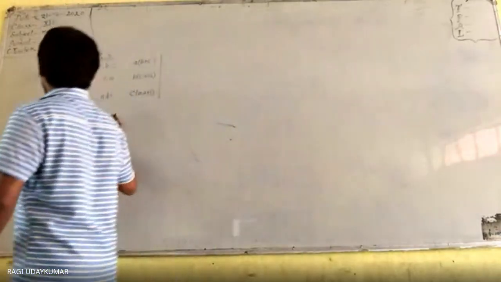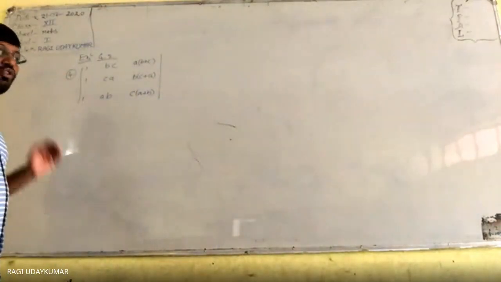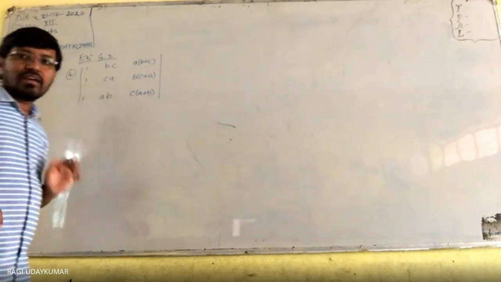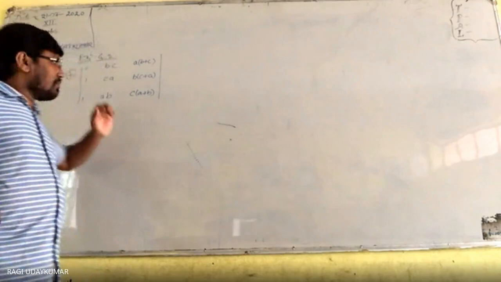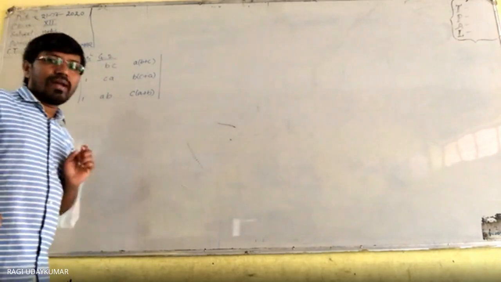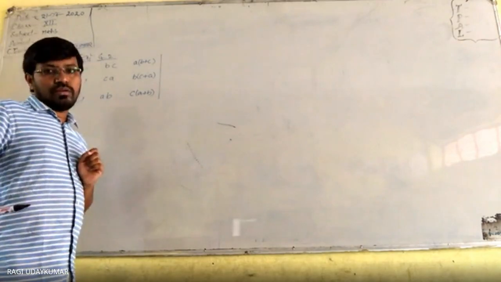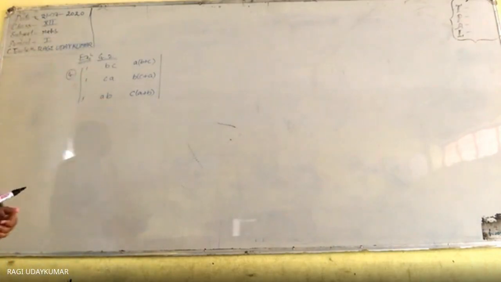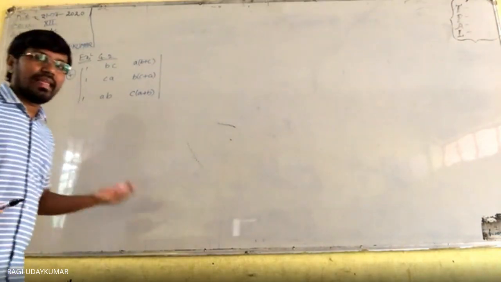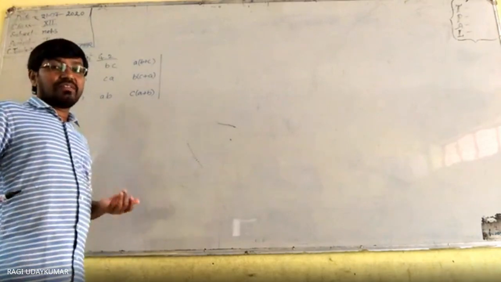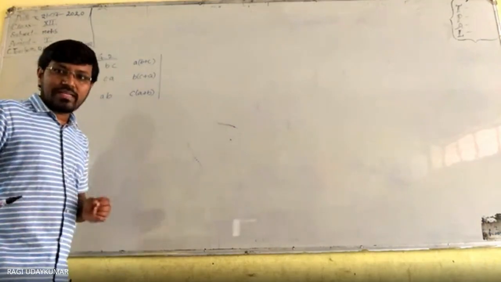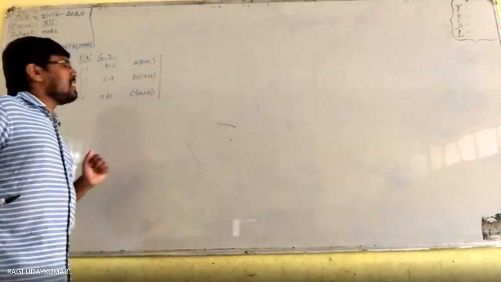So now, to solve this problem, what can be done? Usually in all the problems, whenever you are having 1, 1, 1, better you make these two ones 0. Here it is not essential. You can do it another way. If you do like that also, you will get it, but it becomes lengthy. Using the properties, we should find the determinant of the matrix in the easiest way. So how can we find it?